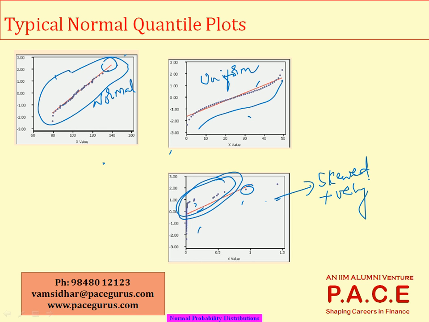So this kind of analysis can decently be done with respect to our normal quantile plot. There are a lot of tools which can help us in plotting this normal quantile plot. They can help us in determining the normality in a particular data. But even a simple histogram can help us, or even the understanding of the outliers can help us in assessing the normality of the data.